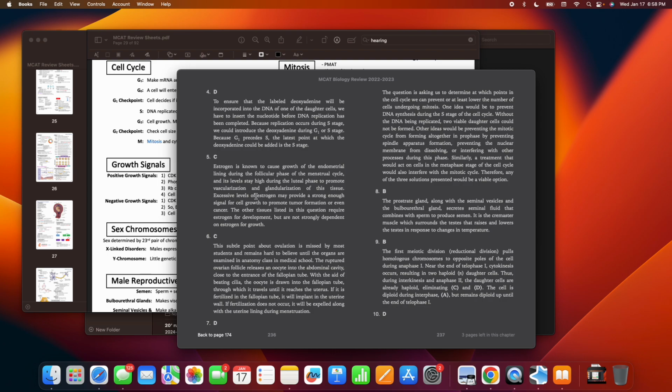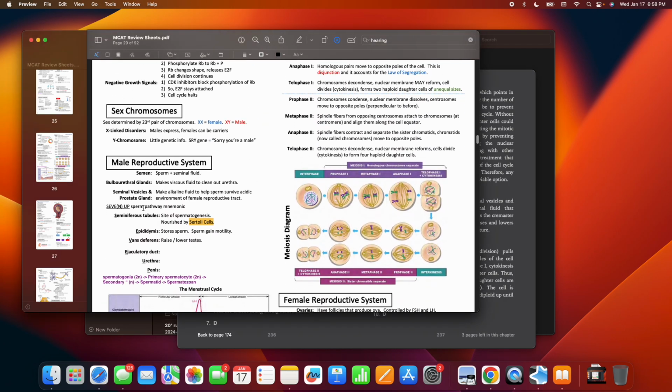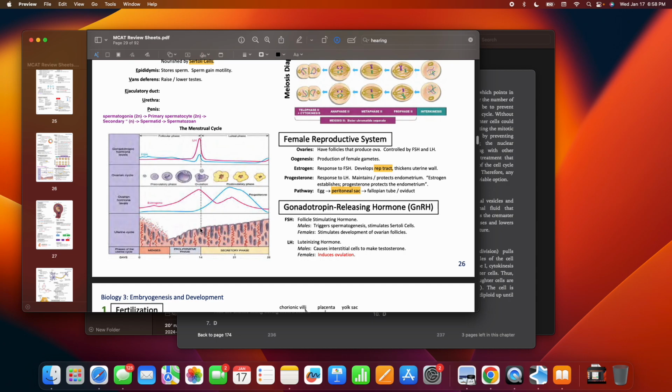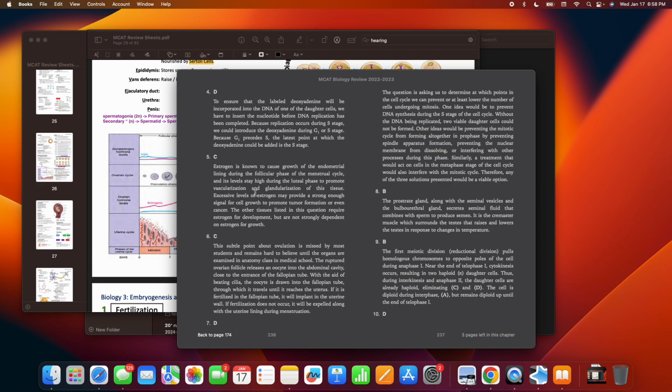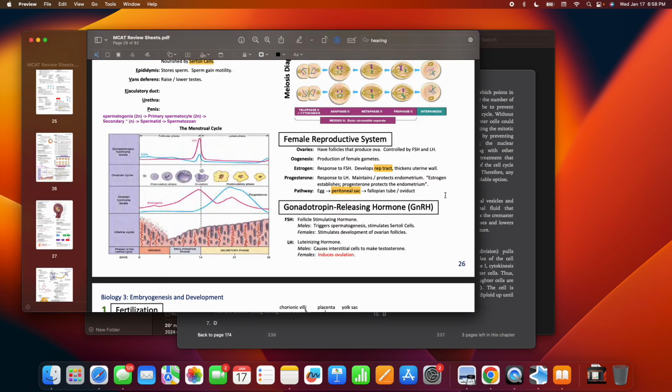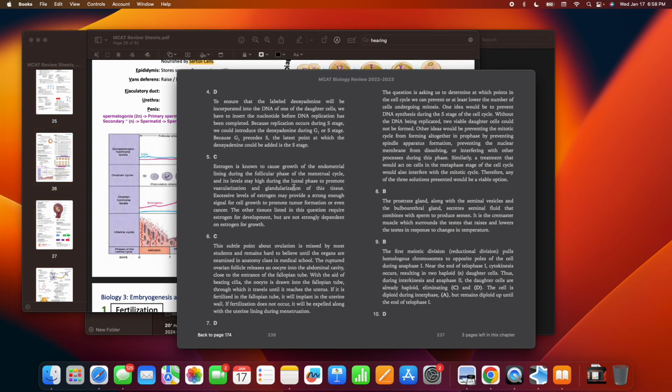Estrogen is known to cause growth of the endometrial lining during the follicular phase, not luteal. So you can see here the growth that happens in the follicular phase. And its levels stay high during the luteal phase to promote vascularization and glandularization of this tissue. You want it vascularized and glandularized. And excessive levels of estrogen may provide a strong enough signal for cell growth to promote tumor formation or even cancer. The other tissues listed